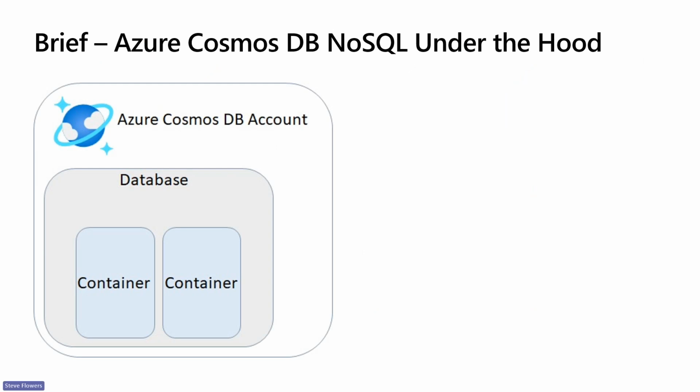So I want to go through a brief kind of under the hood on the NoSQL API. Again, that's our flagship, and I think it's from a feature perspective the most capable, and from a scalability and availability perspective the most capable as well. So we have an Azure Cosmos DB account. This is a hierarchy. And we have databases within that account, and then we have containers within the database. The containers are where the data is stored, and the containers define how our data is stored as well. So a database can have many containers, and a database can also have many physical partitions underneath, which are providing the